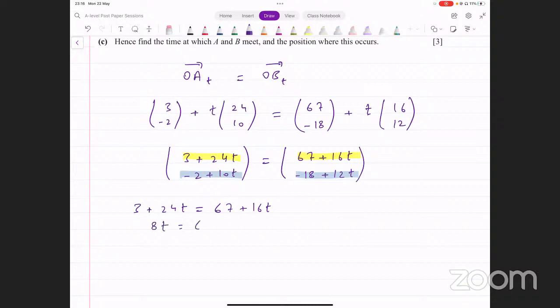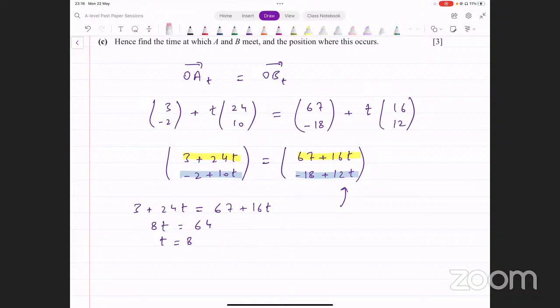8t equals 64 and t equals 8 from this. सेकंड से भी आपको सेम वैल्यू ऑफ टी मिलेगी अगर आप ट्राई करते हैं. That should give you the same value. अगर वो सेम वैल्यू नहीं मिलती, इसका मतलब है कि वो मीट करते ही नहीं है. ठीक है, अगर आप सेकंड वाले पे नहीं सेटिस्फाई करती है टी की वैल्यू, तो इसका मतलब they don't meet